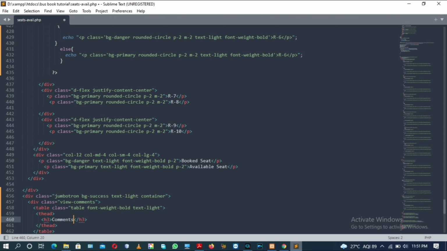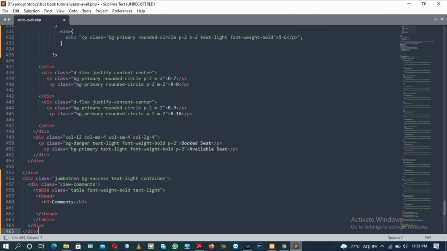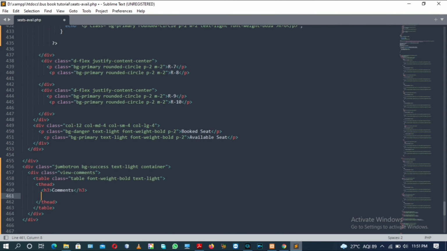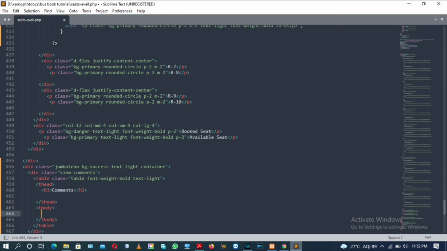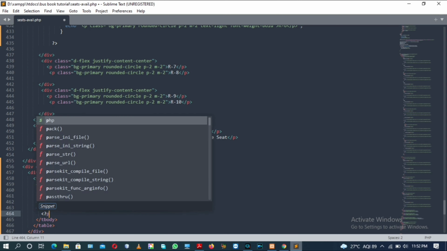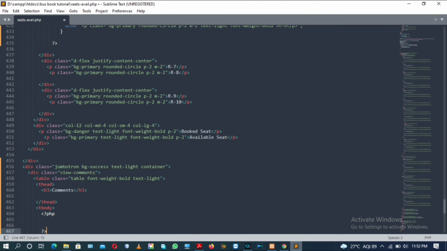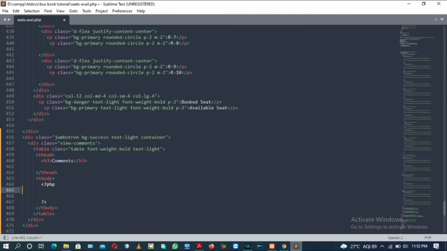After the h3 tag we will have the closing of the thead tag, and after it a tbody tag. Inside the tbody tag we will have an opening and closing PHP tag, in which we will write the PHP script for the comment section, and this is the real coding or programming.